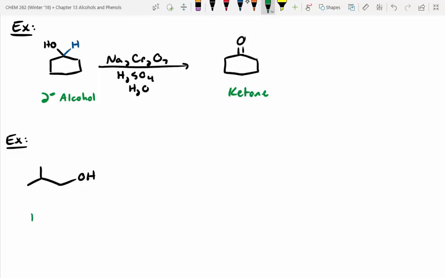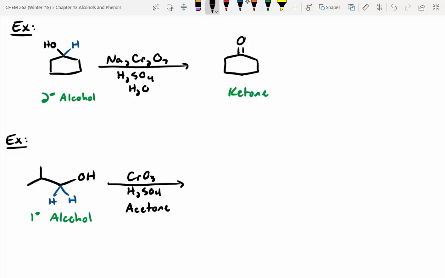This one's our primary alcohol. We're going to use the same reagents. This time I'll switch them up to the other one. So CrO3, that chromium trioxide, sulfuric acid, and acetone. All right, if this is a really, really, really strong oxidant, what do you think our final product is going to be? What do you guys think? Carboxylic acid. Like I said, if you've got a strong oxidant and it's going to blow way past your intermediate,